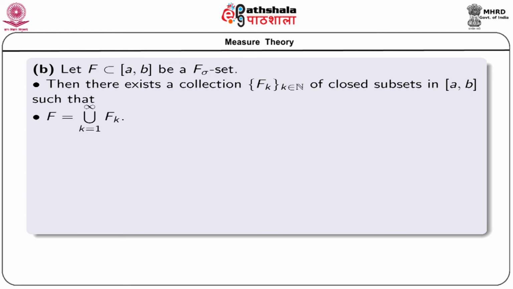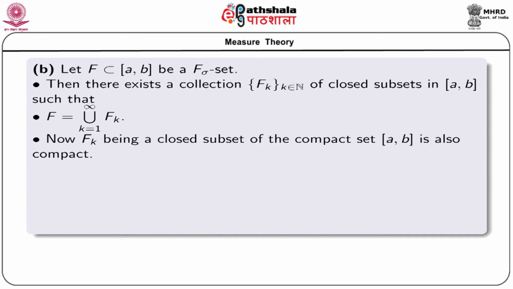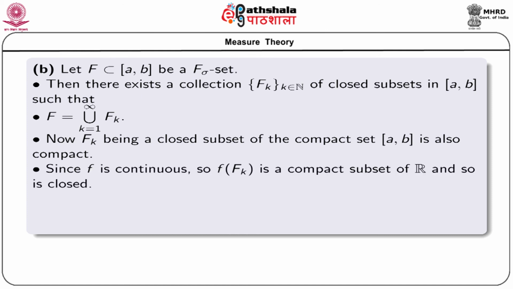F is the union of the countable number of sets F_k. Now, F_k being a closed subset of the compact set [a, b] is also compact, and of course, it is also closed. Since f is continuous, because we know that each Lipschitz function is continuous,